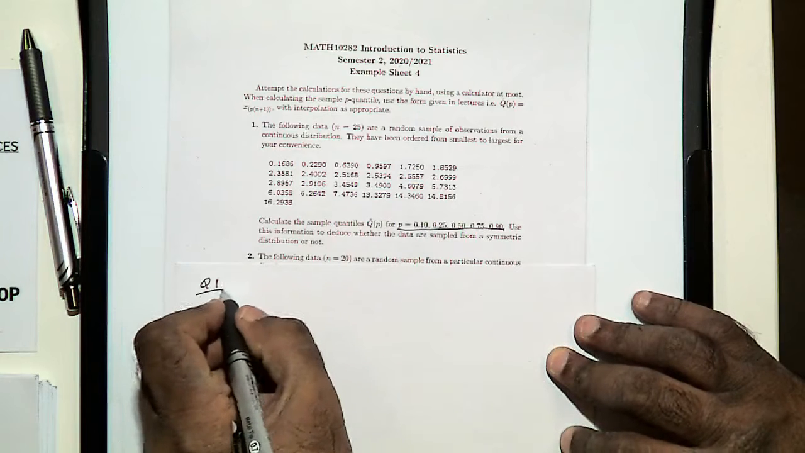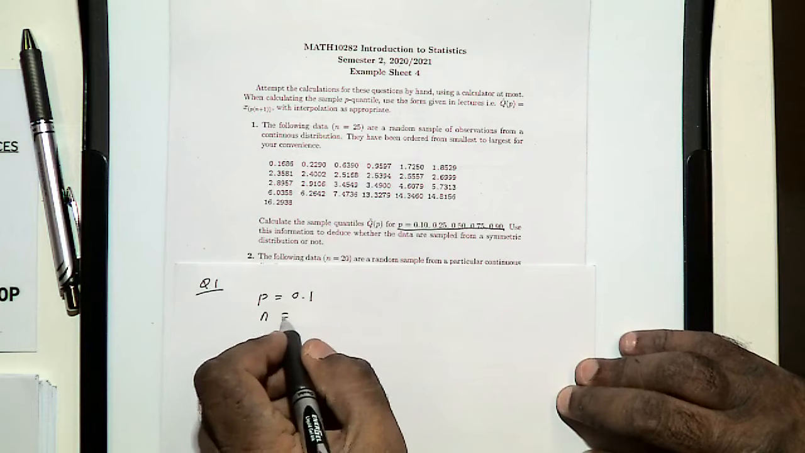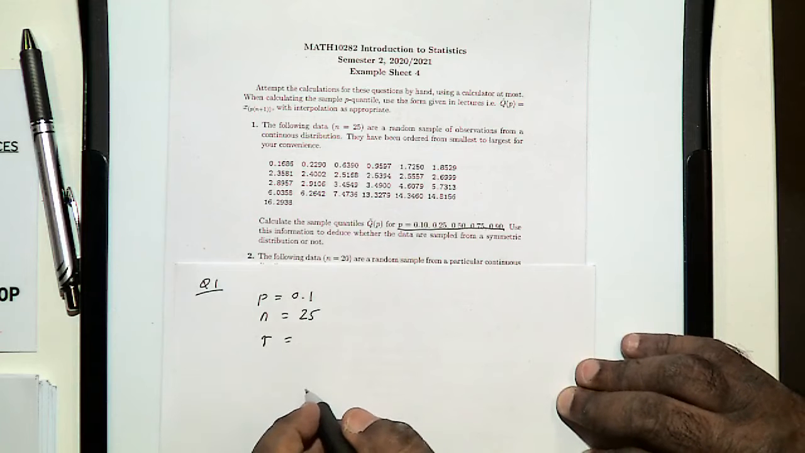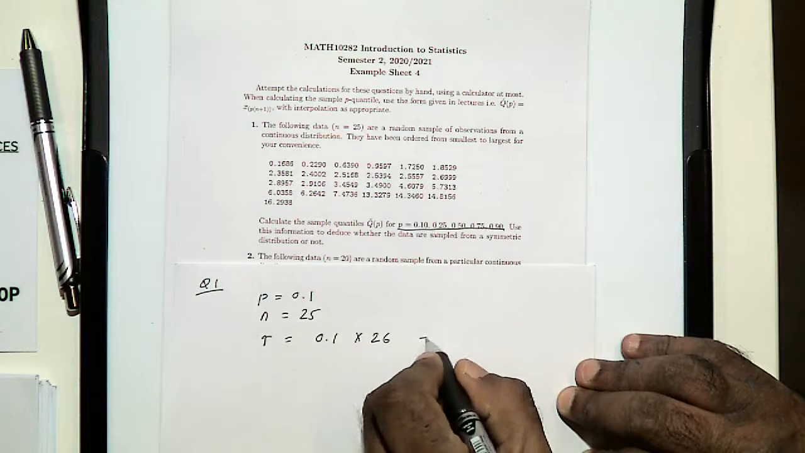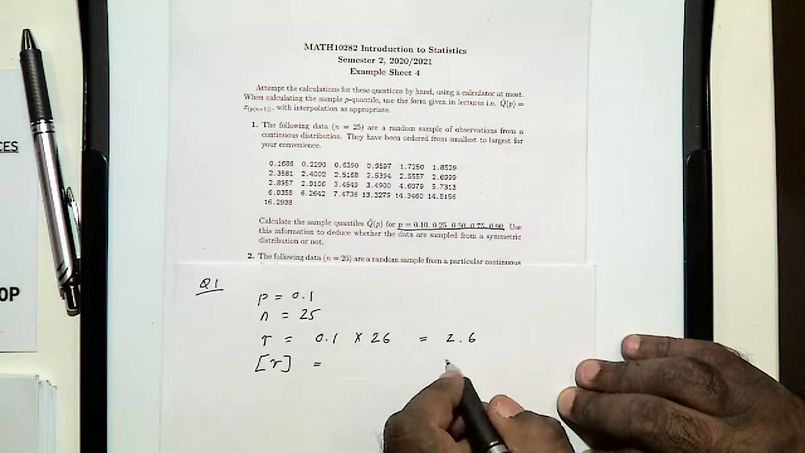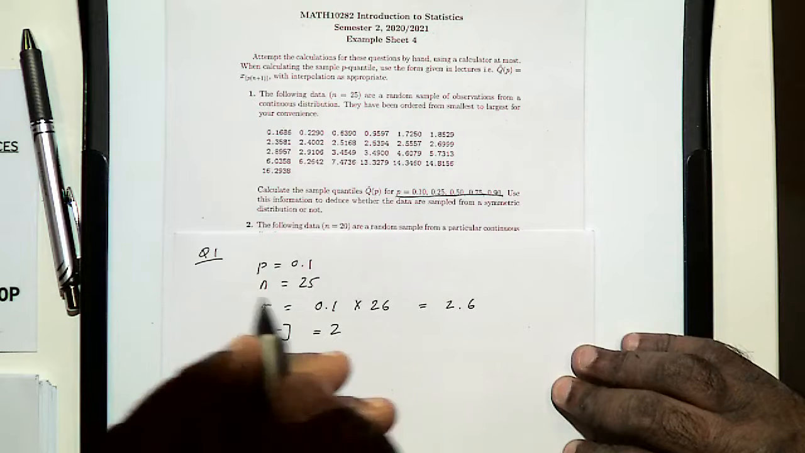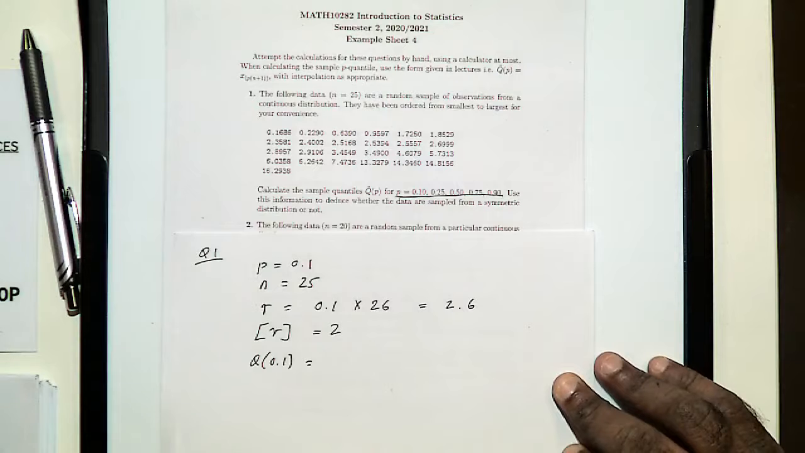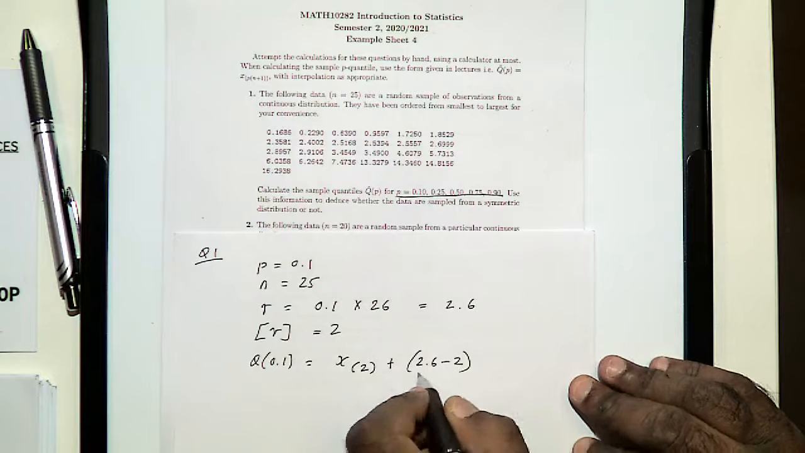For example, if you take p equal to 0.1, we know that n is the number of data points, which is, there are 25 data points. So r, using the formula for r, which is p times n plus 1, so it's going to be 0.1 times 26, which is 2.6, right? And the integer part of r is the integer part of 2.6, which is 2, right? So if you apply the formula which I just showed you a minute ago, the formula is this one here, guys. This is the formula you need to apply. So if you apply this formula, you will get the second smallest observation plus 2.6 minus 2 times